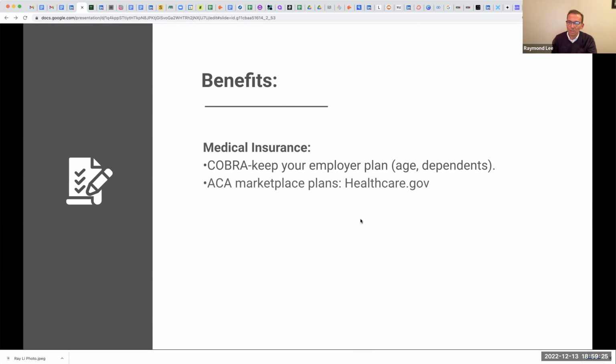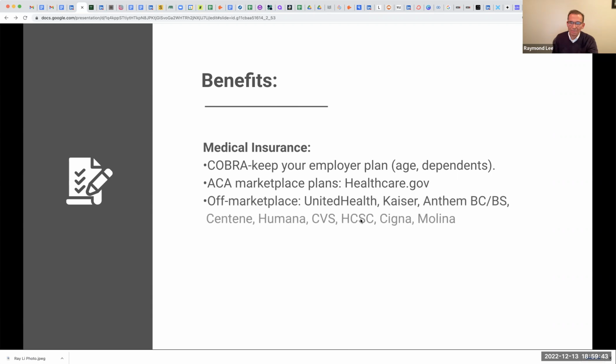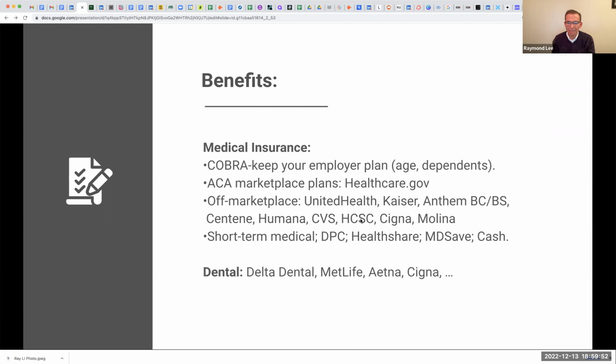The changes that have just been made to the Affordable Care Act are what make this a lot easier than it's been in the past, because all the plans are now subsidized and they're a lot more reasonable than they've been in the past. And then, of course, there are off-marketplace plans, but the subsidies make the on-marketplace plans so much more accessible and affordable than they've been in the past that you really don't need to look into a lot of these other options that are shown here. Oh yeah, Canada has its own thing, Bernard, I guess we have you, I don't know if you're still with us, but Canada has its own thing, which actually makes it easier.